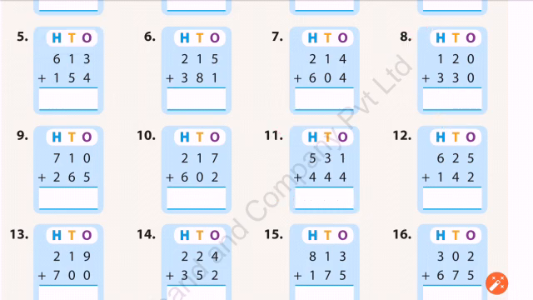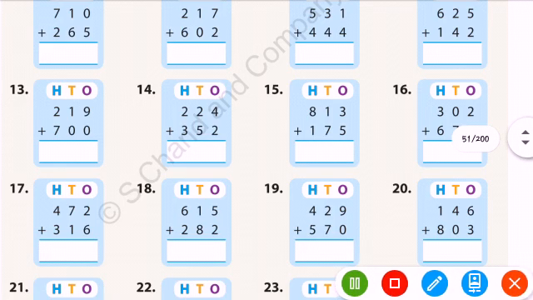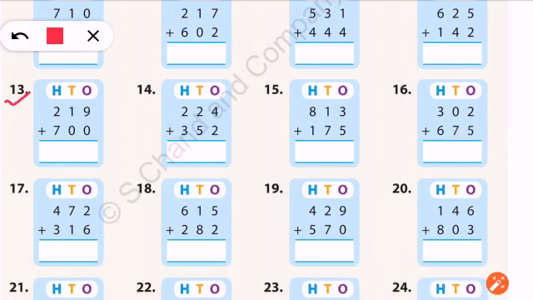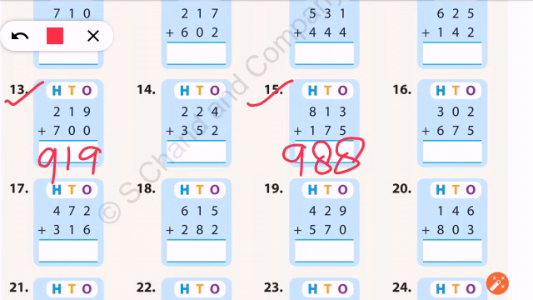Okay. Now see, question here we can do in next line. 9 plus 0. Question number 13. 9 plus 0 is 9. Okay. 1 plus 0 is 1. And 7 plus 2 is 7, 8 and 9. So answer will be 9. Okay. We can take this question 15. 3 plus 5. So 3 and count up to 5: 4, 5, 6, 7, 8. So 8. Okay. 7 plus 1 is 8. 8 plus 1 is 9.